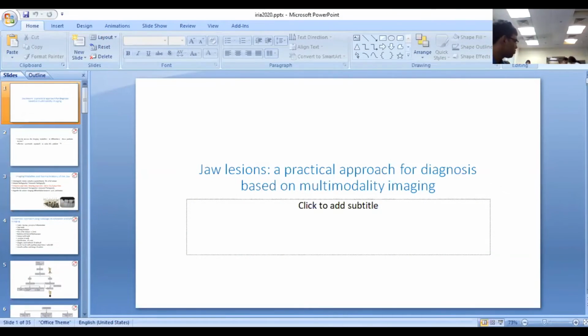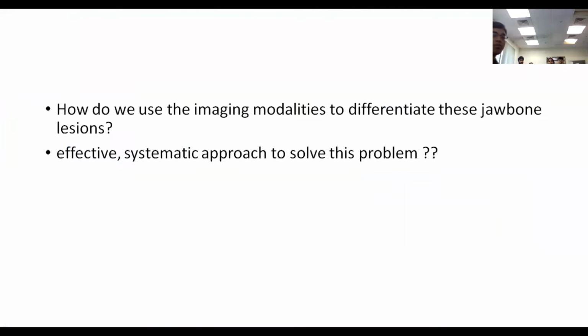So the approach is more important. Subsequently, which modality will you use first, which modality has to be followed up, what should be the differential diagnosis, and what is the most probable diagnosis. These are the areas we will revolve around. Last time also we have used